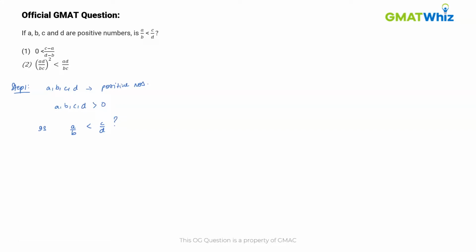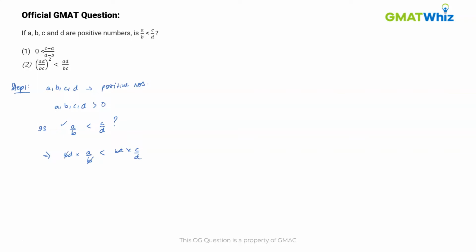Now before moving on to step 2 to analyze the statements, let's see if we can simplify this given expression. Since B is a positive number and D is also positive, we can multiply both sides by BD and this will give us